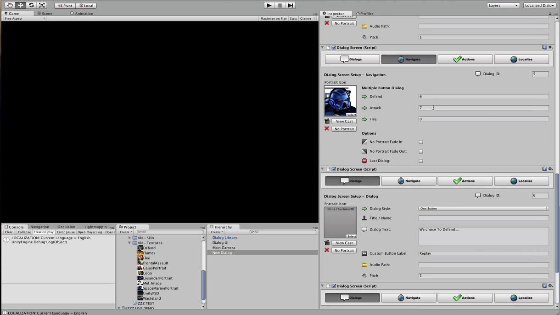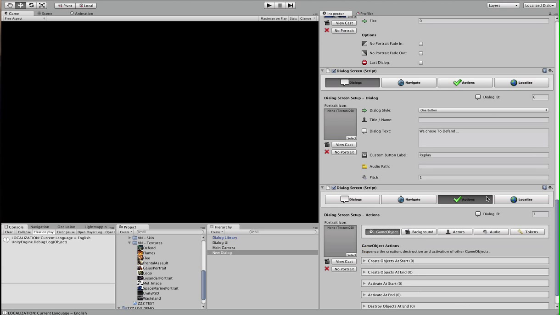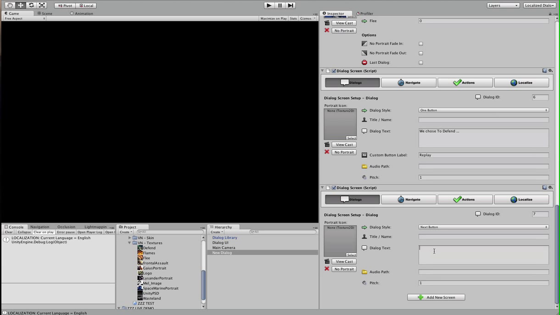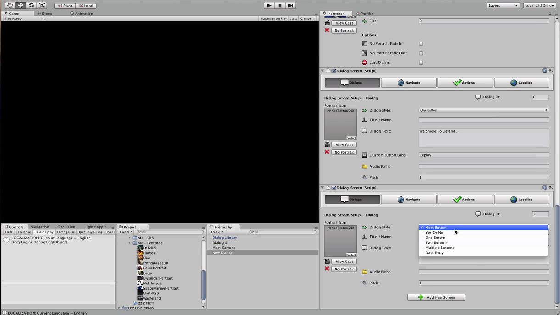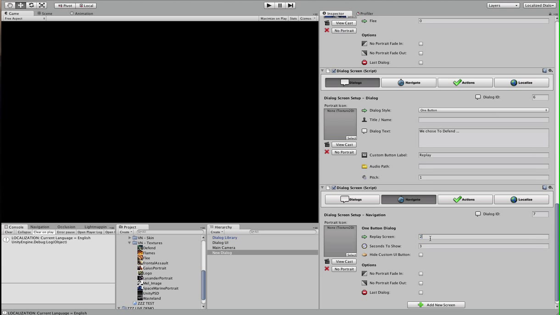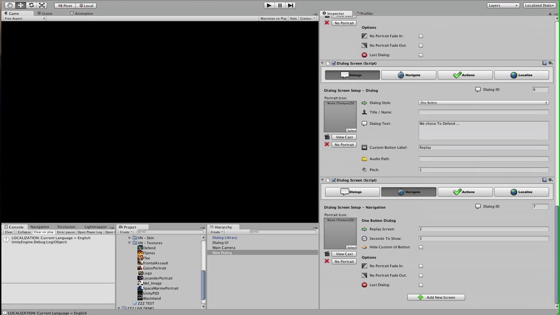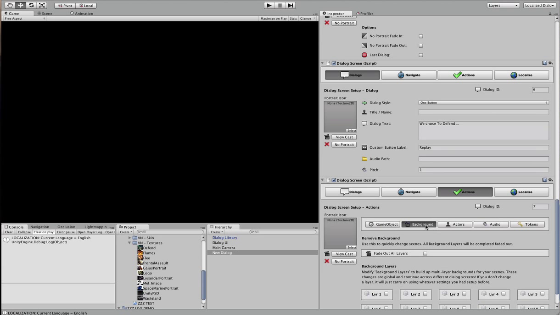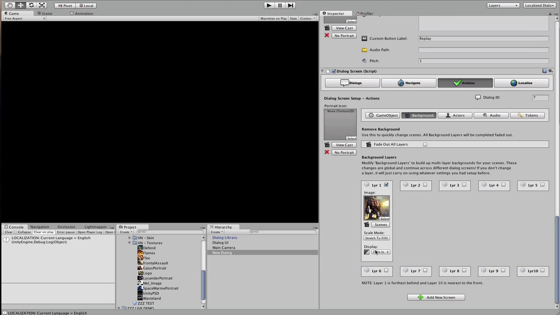So attack was the second choice, so we can say add new, whoops, remove that component. We can say we chose to attack, and do the same thing here. Change next to 1 button, and replay. Navigates back to screen number 2, which is right in the beginning over here. And we're gonna have a new background come in this time. So we're gonna choose attack, fade in,